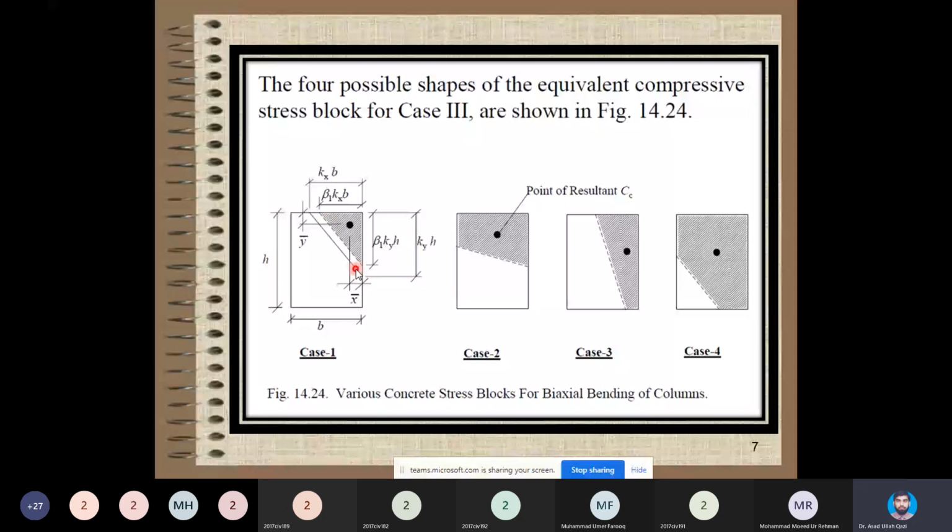Look at the other possibility, where the neutral axis has some depth. Still, this corner will be highly compressed as compared to this corner. But here the neutral axis has a different orientation, a counterclockwise angle from the vertical axis, and opposite edges are being intercepted by the neutral axis. In this scenario it is entirely different. This solid dot is showing the resultant CC, the compression force.